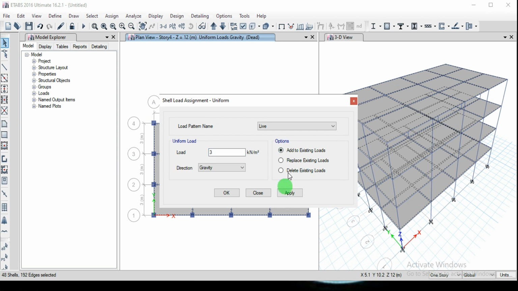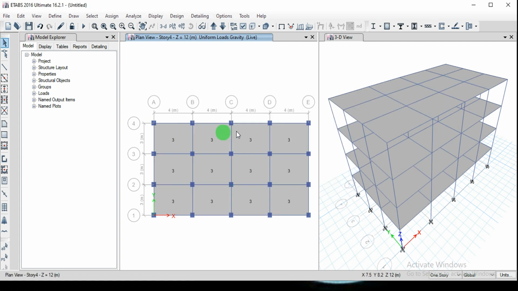Add to existing loads; replace means already existing loads, if there is an existing live load etc, will be replaced with the present value. So make sure that if you want to assign the load along with existing values, you can go for add to existing loads here. So click on apply and OK. We got 3 kilonewton per meter square on the floors.